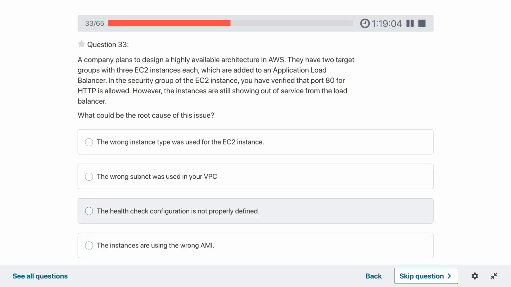However, the instances are still showing out of service from the load balancer. What could be wrong? The health check is not properly defined.